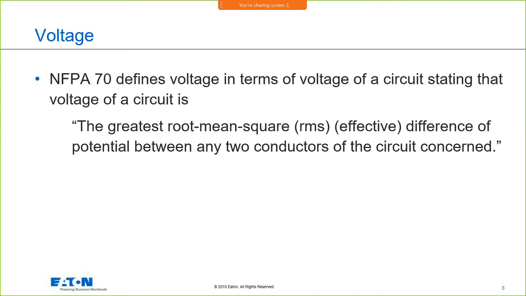So NFPA 70 defines voltage in terms of voltage of a circuit, stating that the voltage of a circuit is the greatest RMS effective difference of potential between any two conductors of the circuit concerned. Now, that's an important thing to remember, and the reason is because I'm